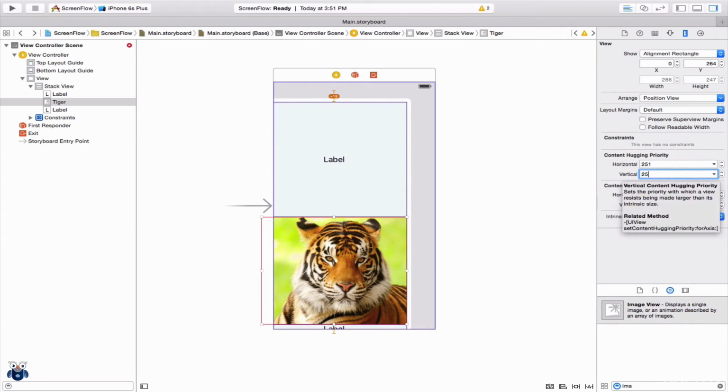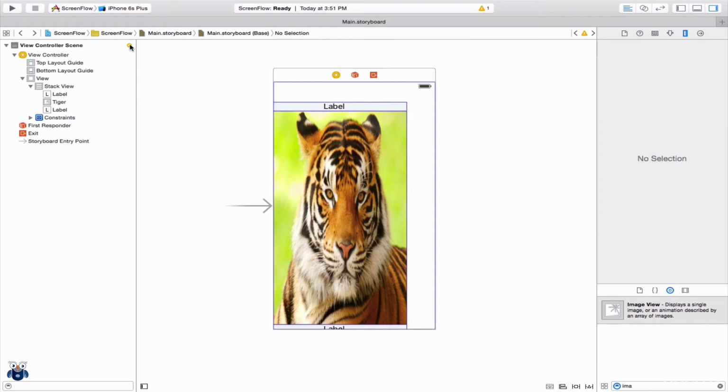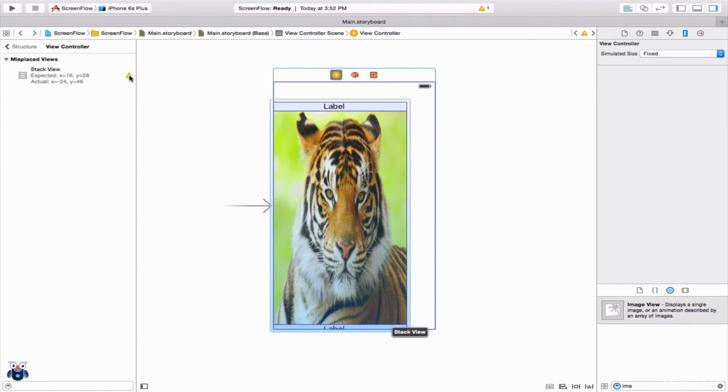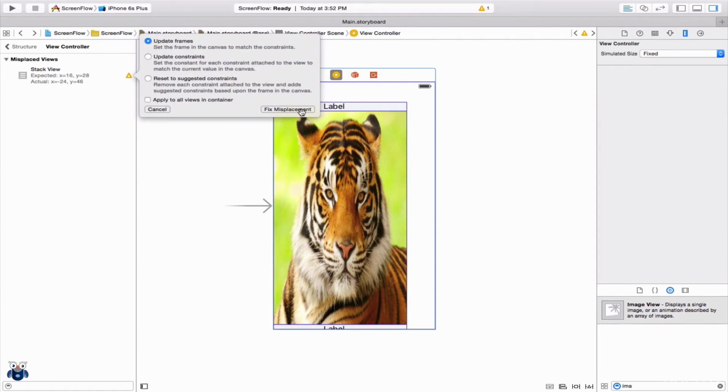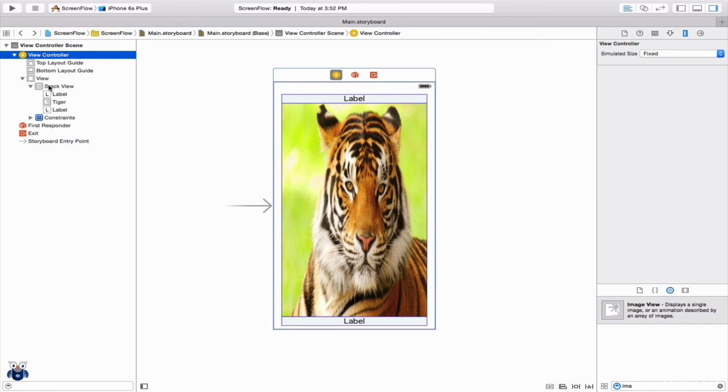So let's reduce the vertical hugging priority for our image view, which allows it to stretch, and similarly reduce the resistance priority, which allows it to compress if needed. And as you can see, the red has turned to orange, and we can fix these misplaced views by clicking this button here. Great. So now let's go back to the document editor